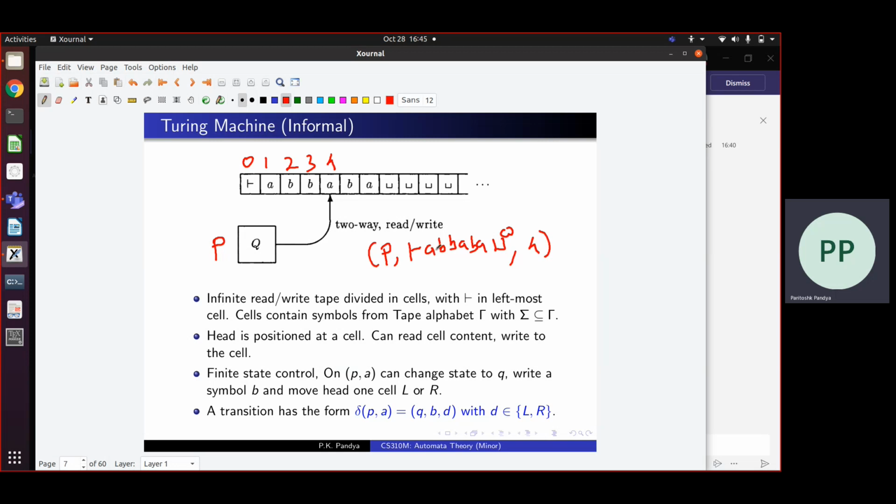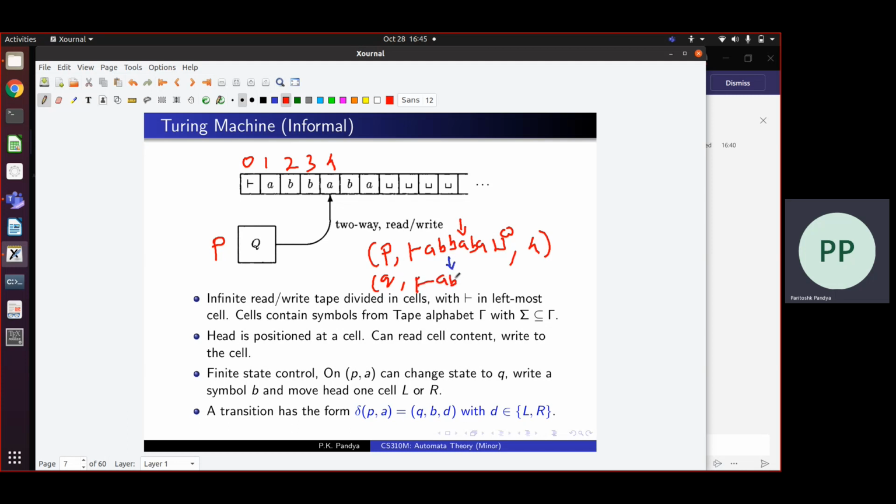Given this configuration, there are transition rules like that. We look at what the current symbol at cell 4 is, which is this A. This is the fourth cell, and the transition is for L. Current state is P. So this transition will apply, and so we will change the state. We will transform this configuration to go to Q in place of this A. Okay, so this transition, let me draw in blue so that you don't confuse it with the head position. And then what is the new configuration you will get?